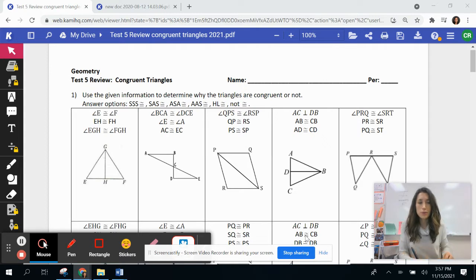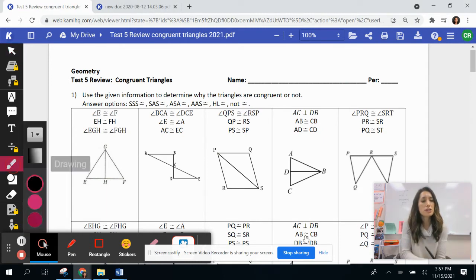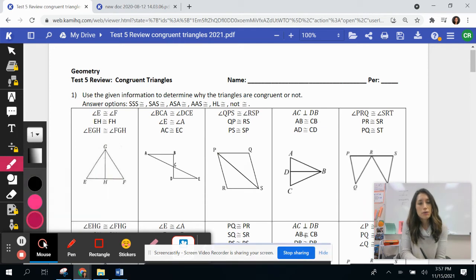So first question, we want to use the given information. We're going to add that to our diagram, and we're going to determine why the triangles are congruent or not. So using one of our shortcuts, or we could also conclude that they're not congruent because there's not enough information or it's a false congruency. So first we want to make sure all of the congruent arcs are added to our diagram and tick marks